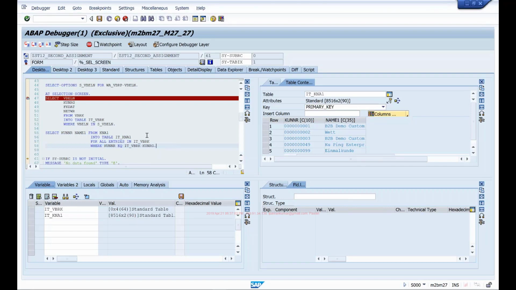This program may work now, but again, as I said, as you keep using your systems, as you keep adding data, there will be a point when you reach that stage where your database table has more data than your internal table can accommodate. And at that time, it will start giving short dumps, right? So never write a select without where clause, and always identify situations where your select can execute without a where clause. So this is one such situation. So if I'm writing a select by comparing data in one internal table using this for all entries, and if this internal table is empty, then this select is as good as writing a select without where clause, right?